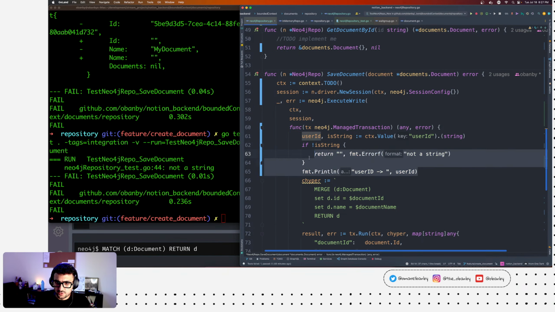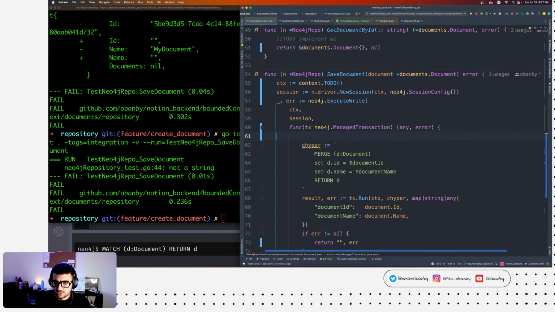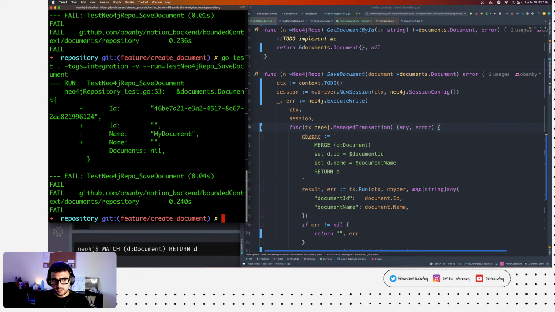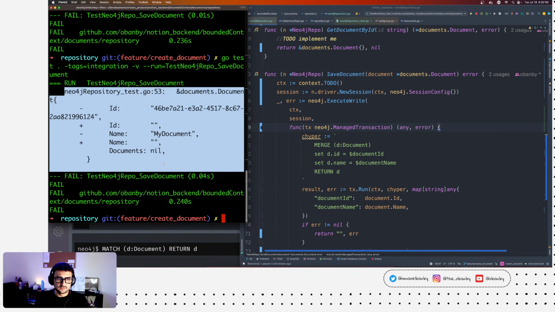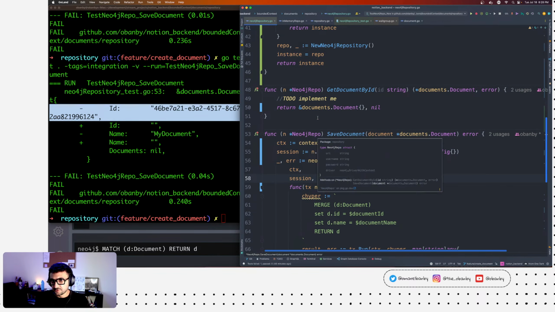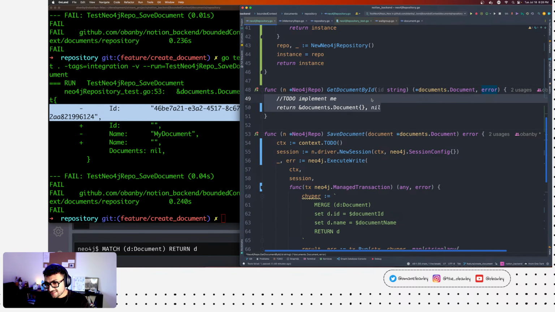Of course, because we added this type checking here, it is unnecessary for now. And great, we get back to a failing test of having the document because we haven't implemented the get document. Next time, implementing the get document will be super easy.